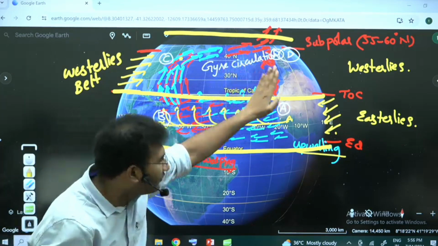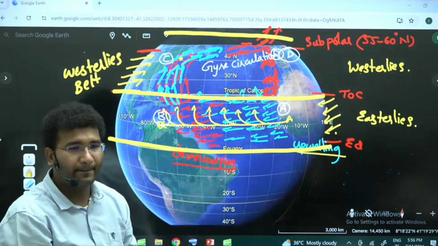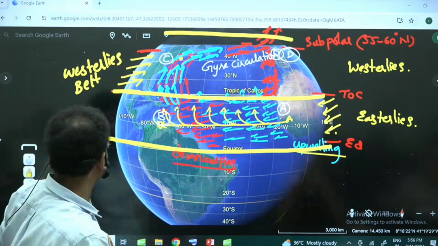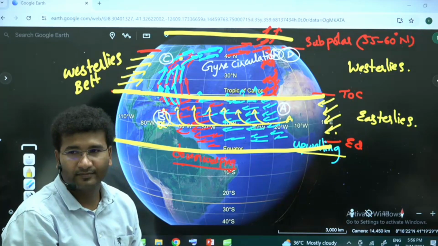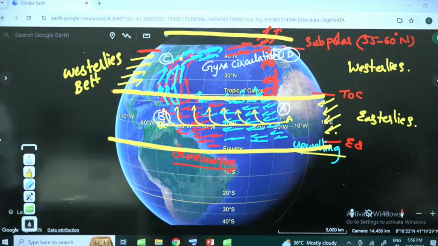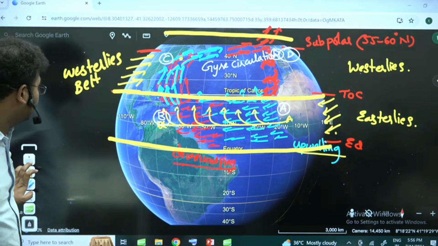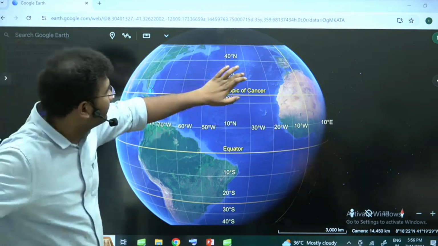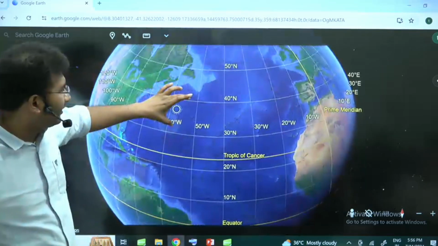Now, because of this, I'm going to erase it. If you want to take a photo, you can take it quickly. Don't worry, I'll draw it again on the board. Right? Now see here, I'm going to erase this. Look. Come to this part of the area. I'm going to zoom in and I'm going to draw it again.